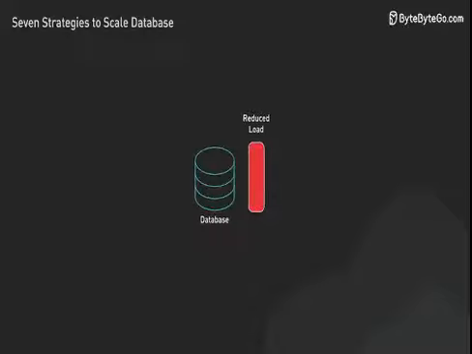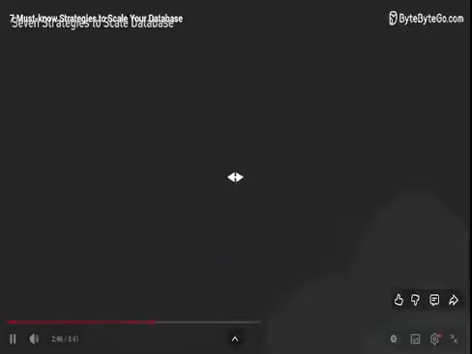Materialized views can significantly improve performance by reducing the computational load on your database. However, they must